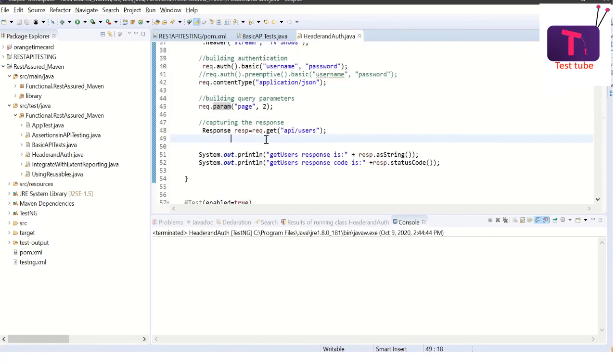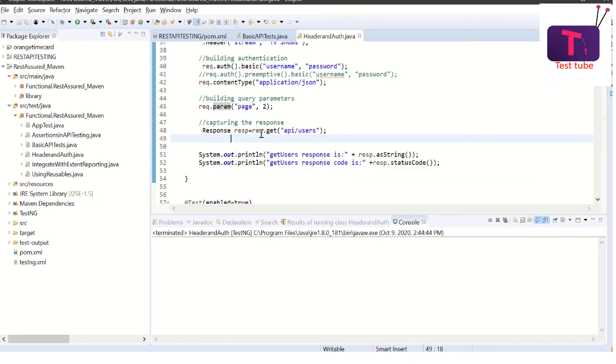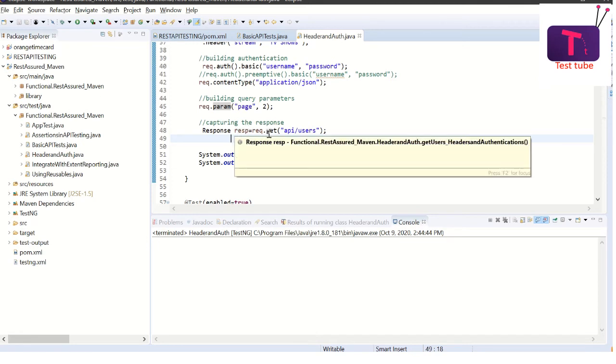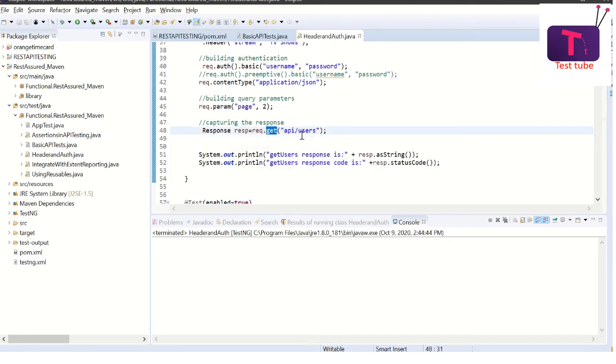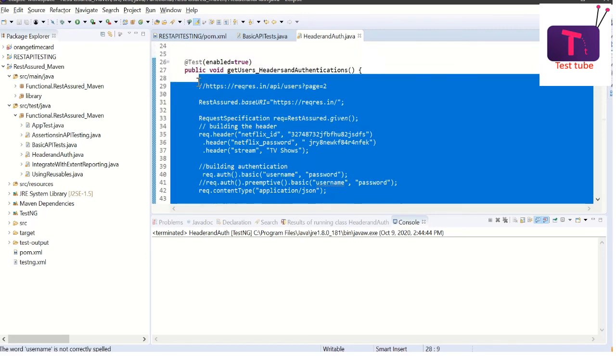Now we have captured the response into the object resp of type Response, and this is returned by the method called get. Since it is get users, we have used the get method and passed the actual API for the users. So this is how we built a request along with the headers, authentication, and query parameters.